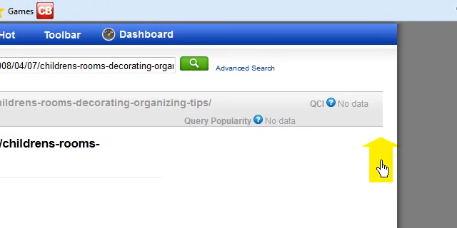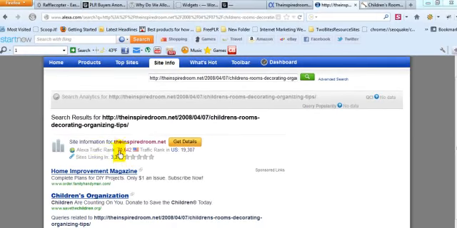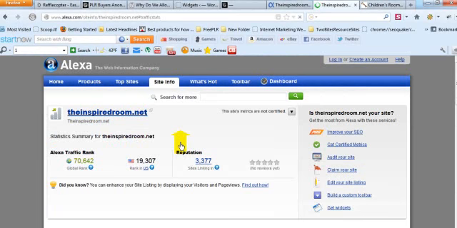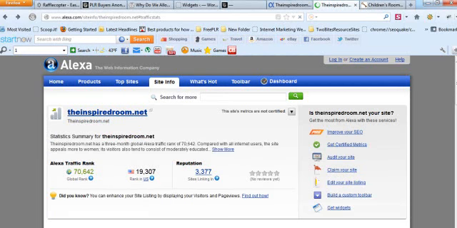Okay, so now that we've plugged it into Alexa, we can look at their rank, 70,642. US is 19,307. They have over 3,000 sites linking in. But where we really want to click is right here on Get Details. Actually, hold on. Before we do that, let me just show you something that you want to pay attention to here,